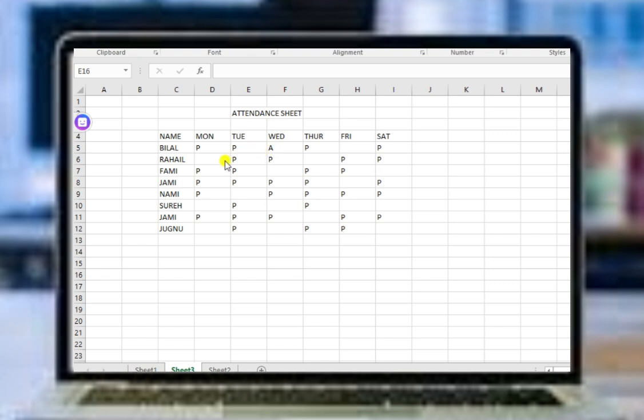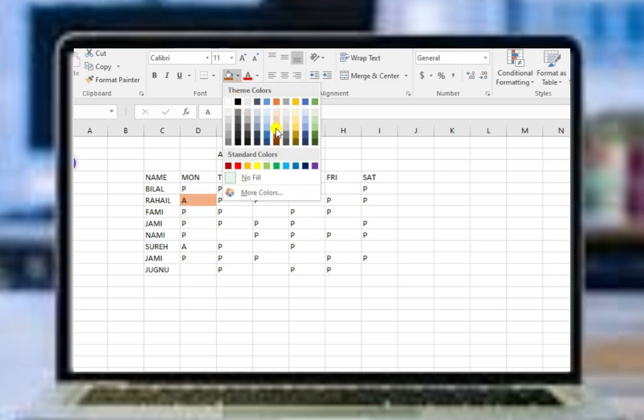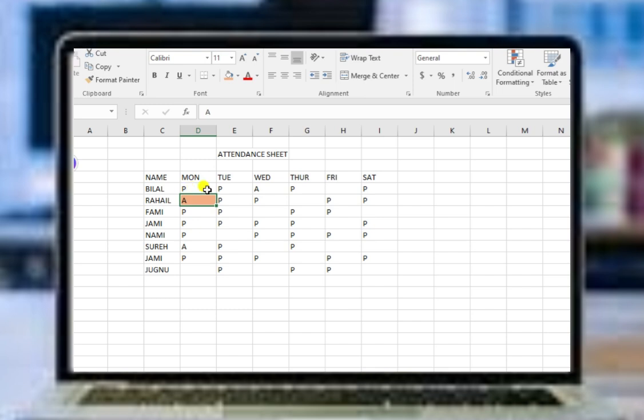There is one method: we can select this cell and write A, and the next cell and write A, and then if I want to fill the cell with a different color, I just click on the cell and click on this fill color format and change it. This rule applies to a single cell one by one, and this takes too